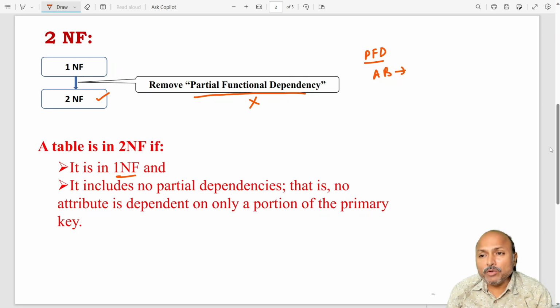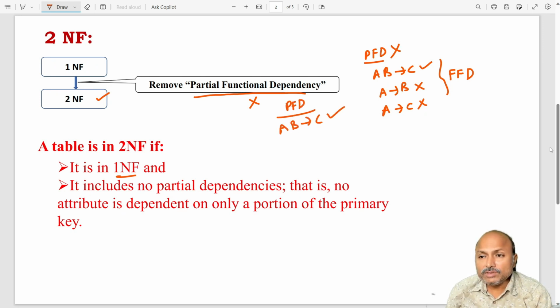What is the partial functional dependency? If AB → C holds as a functional dependency, then A → B doesn't hold and A → C doesn't hold. This is nothing but a full functional dependency. The second normal form must have full functional dependency. That means if you want to convert the relation into second normal form, you must remove partial functional dependency. Then tell me what is meant by partial functional dependency? Whenever AB → C holds, then if B → C also holds, there is a partial functional dependency,